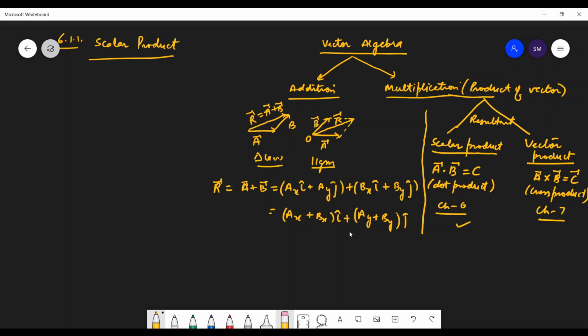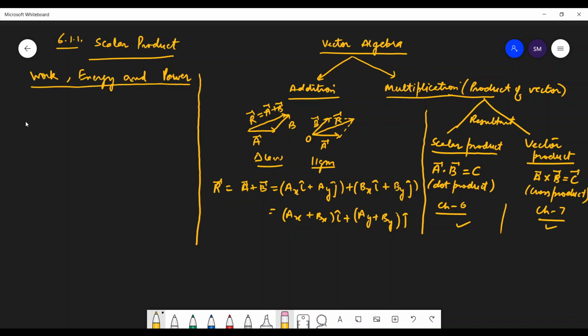We have done even in class 8th and class 9th that water was lifted from here, or a stone is lifted from here to this height h. So what is the change in